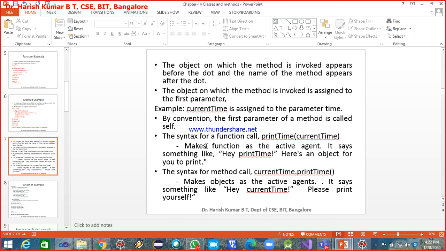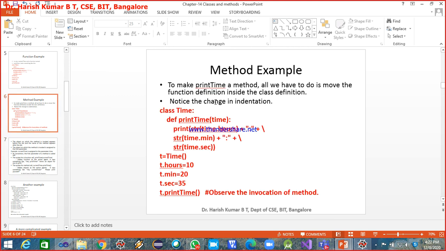Next, the object on which the method is invoked is assigned to the first parameter. See here, we are not passing anything to print time, but still in the definition there is the formal parameter with the name time.